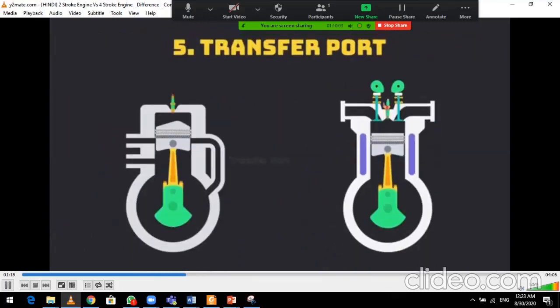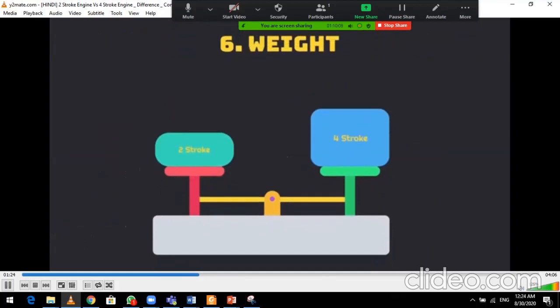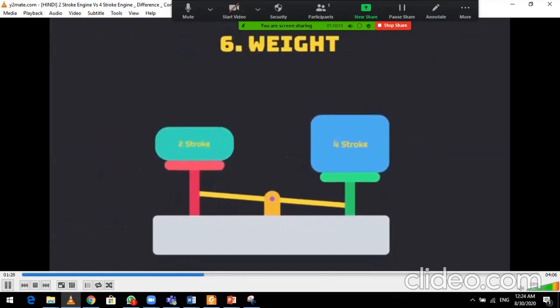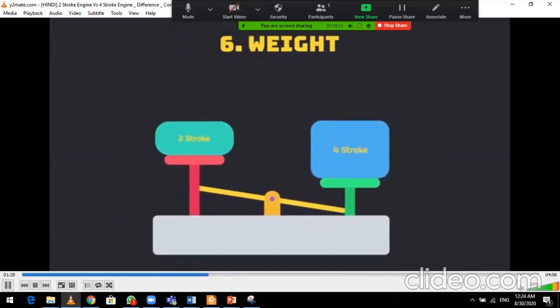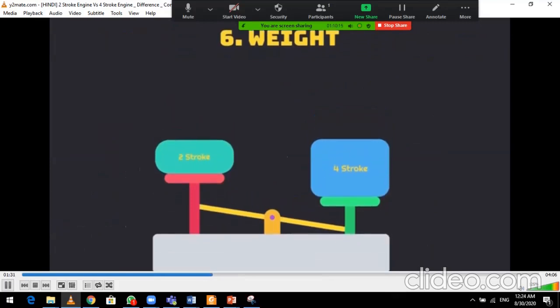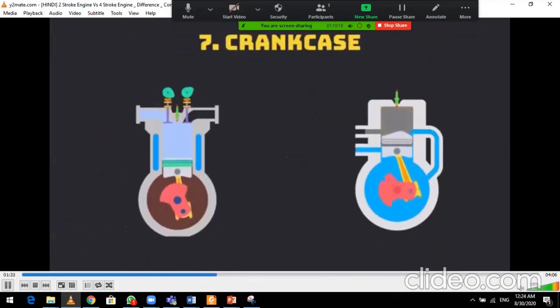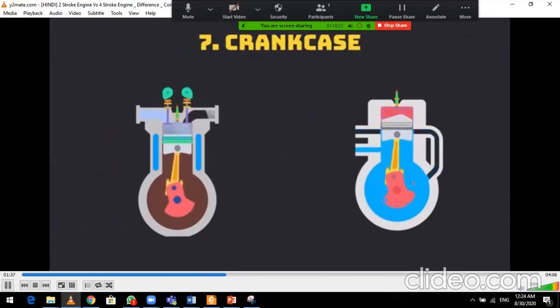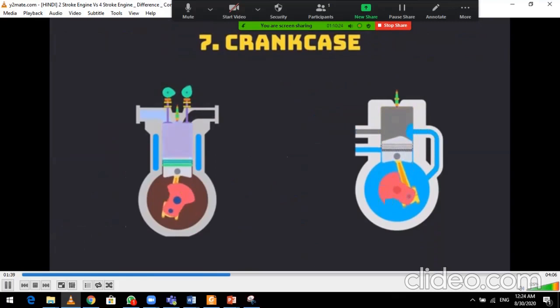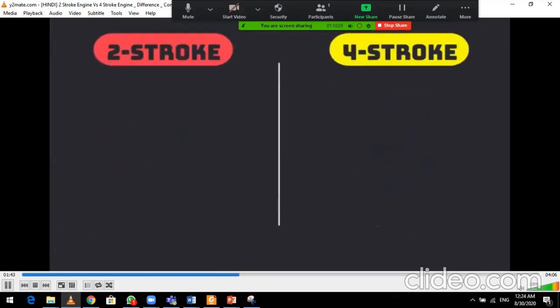में एडिशनल ट्रांसफर पोर्ट दिया जाता है, जो कि फोर स्ट्रोक इंजन में नहीं होता। कम कंपोनेंट होने के कारण टू स्ट्रोक इंजन फोर स्ट्रोक इंजन के मुकाबले वेट में काफी हल्का होता है। फोर स्ट्रोक इंजन में क्रैंक केस में सिर्फ ऑयल ही रहता है, जबकि टू स्ट्रोक इंजन में प्रीमिक्स लुब्रिकेशन सिस्टम होने के कारण क्रैंक केस में ऑयल और पेट्रोल दोनों रहते हैं। इन कंस्ट्रक्शनल डिफरेंस के बाद हम आते हैं वर्किंग डिफरेंस के ऊपर।